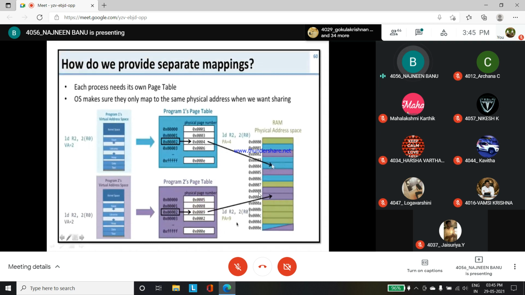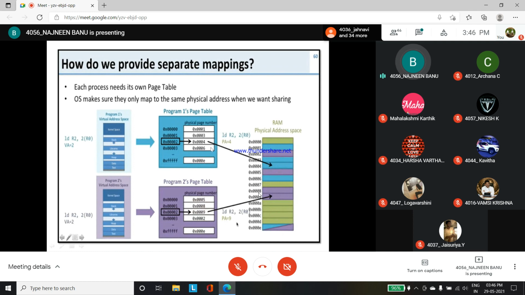So you can see this blue color they have mapped there, and here they have written the physical address as 4, because the address of the physical space is 4 and the virtual address is 2, so they have mapped it like this. Okay, and here you can see the same thing, but the physical page number is changed, that is 9. They have mapped 9 here. Okay, and the physical page number here is 9.